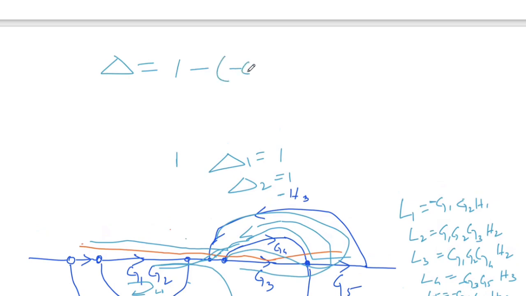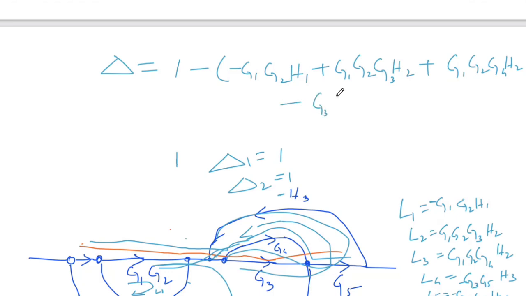So minus G1, G2, H1 plus G1, G2, G3, H2 plus G1, G2, G4, H2 minus G3, G5, H3 minus G4, G5, H3